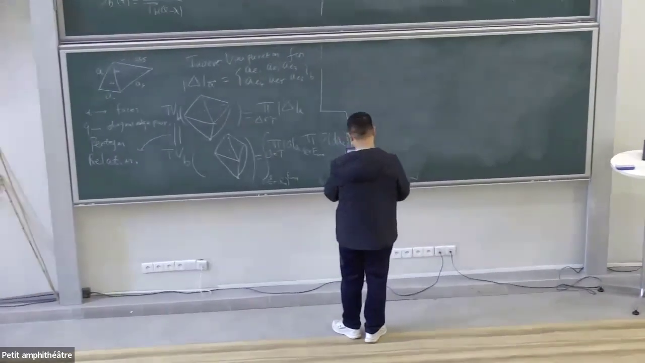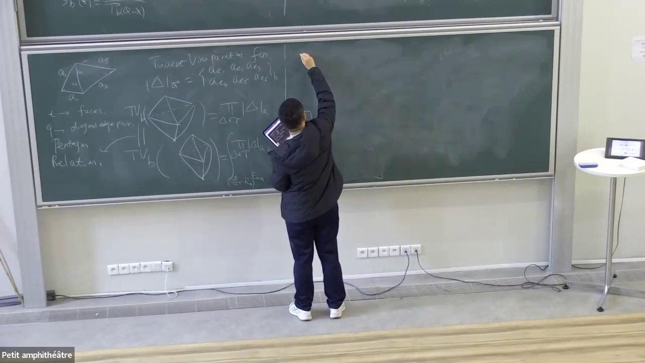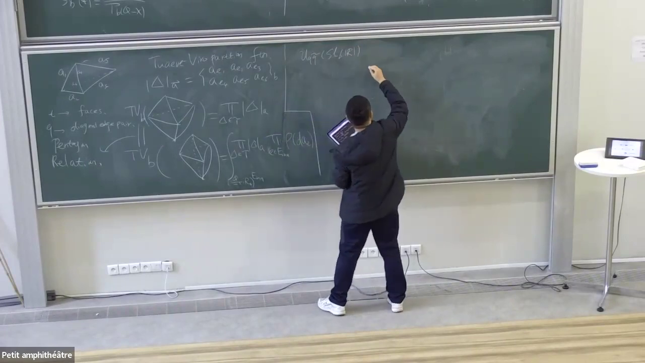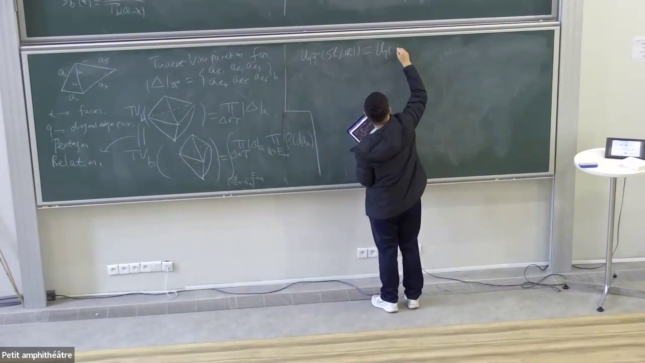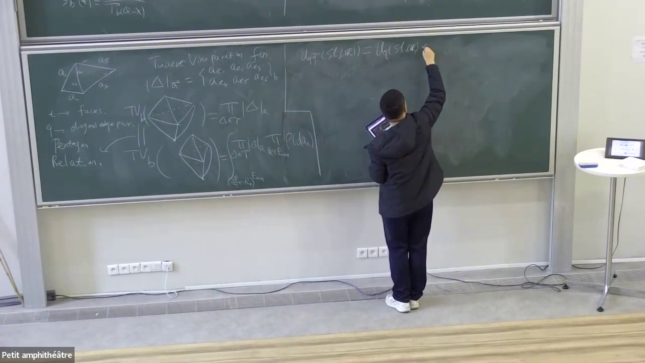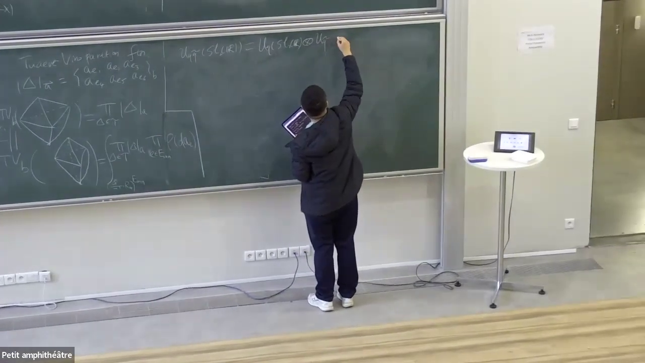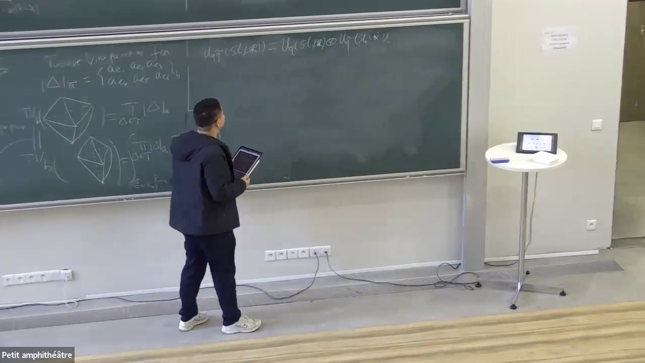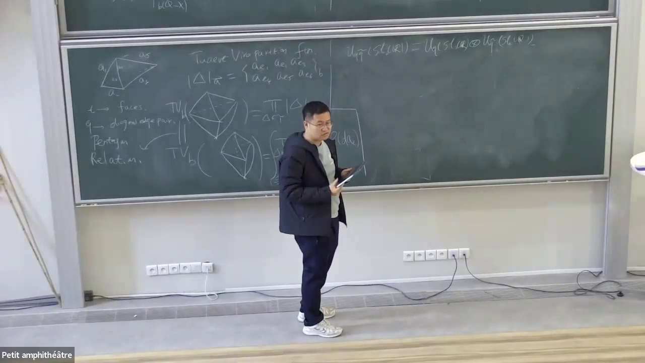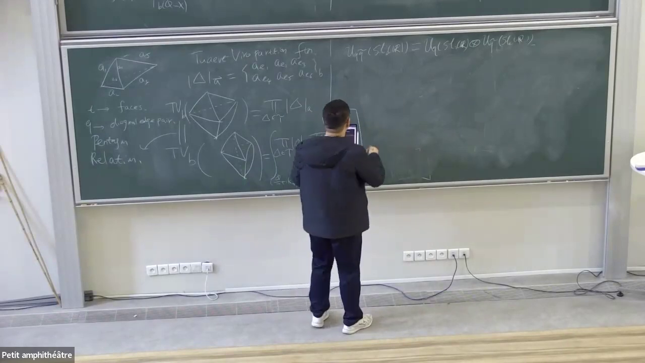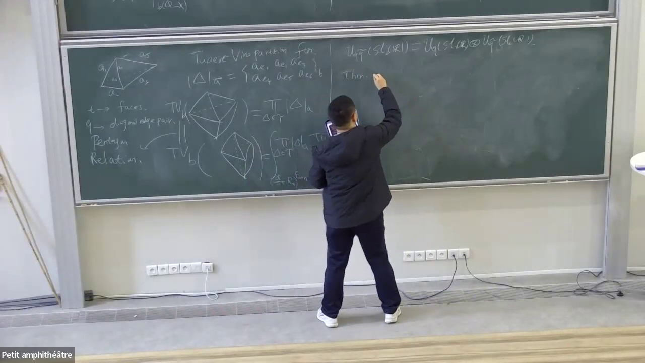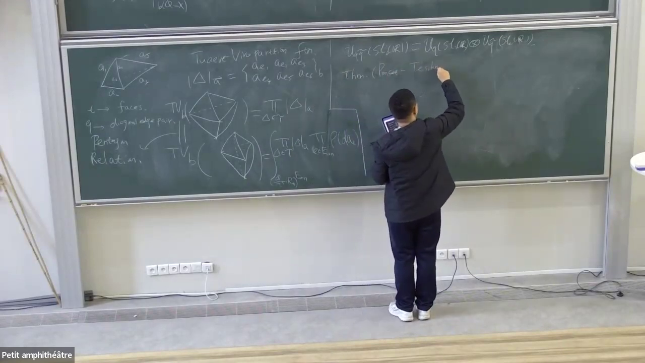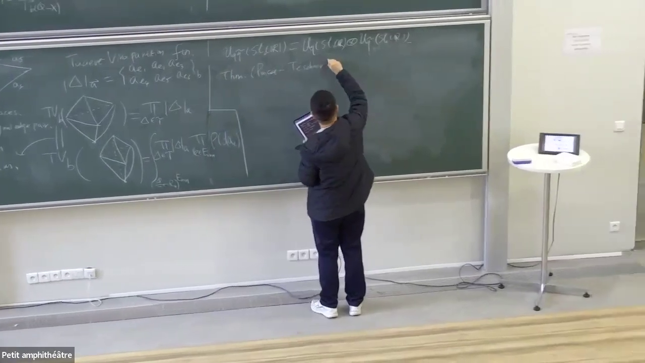Okay, so now the modular double equals the tensor product of two quantum groups. And this, I think, was first introduced by Faddeev. And the theorem by Ponsot and Teschner around the year 2000 is that